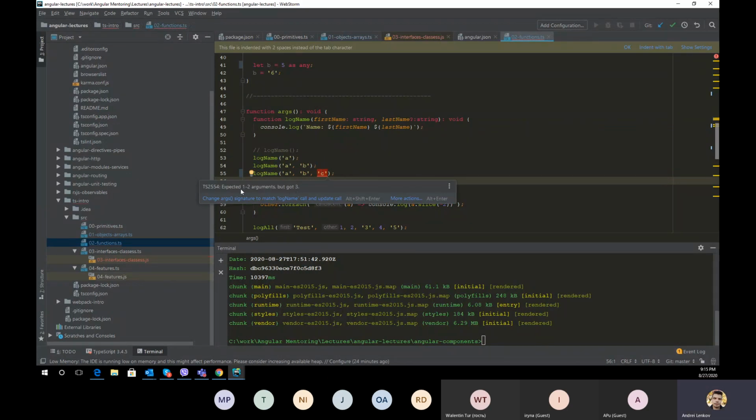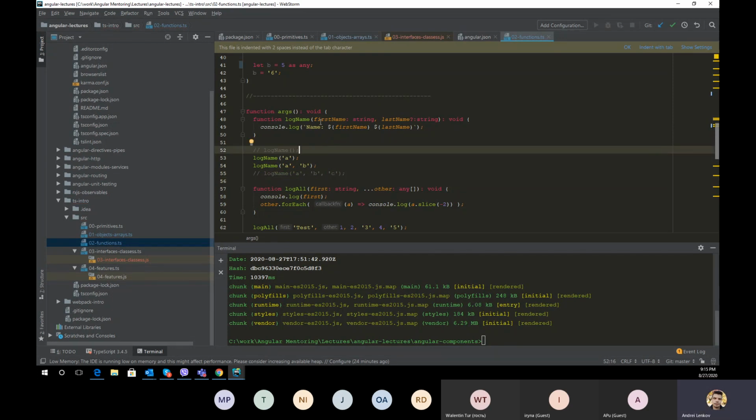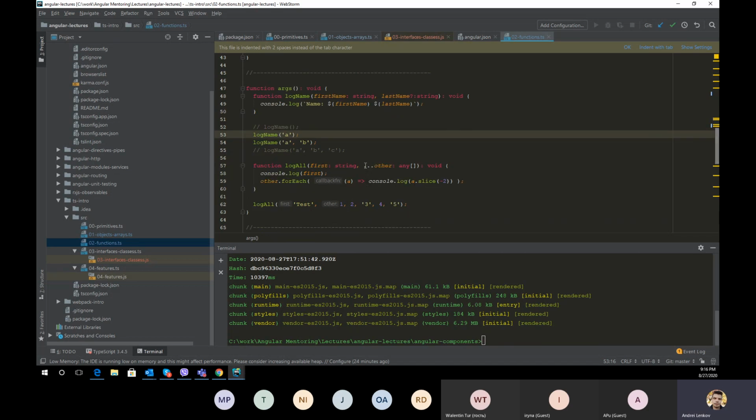We got 3 instead of 1 or 2 arguments. Also, it expects 1 or 2, and when we call it without arguments, we also will have an error. But what to do if we want to pass some arguments, but we don't know how many of them we would like to pass? We can do it with the spread operator